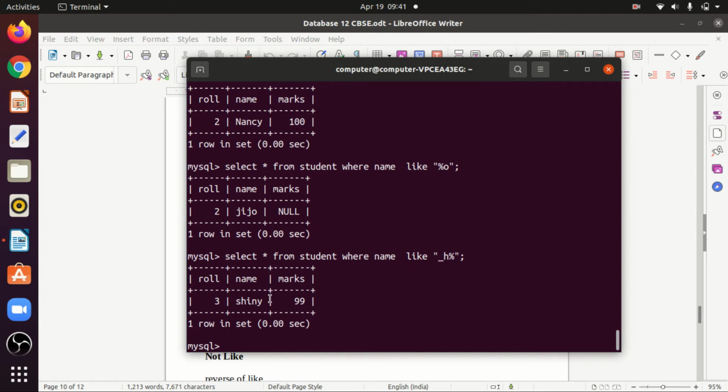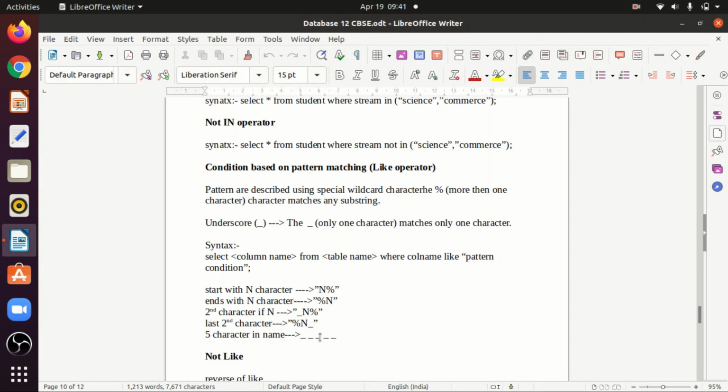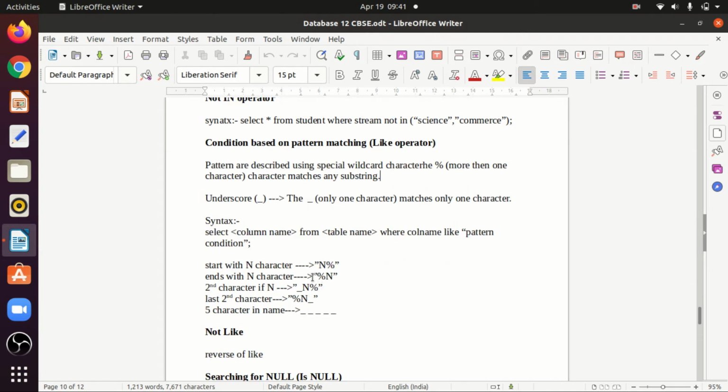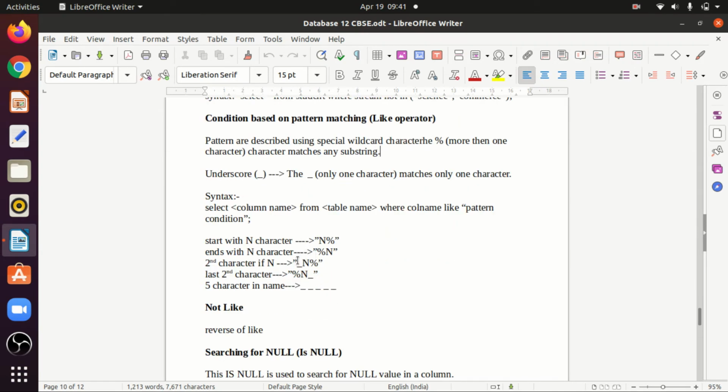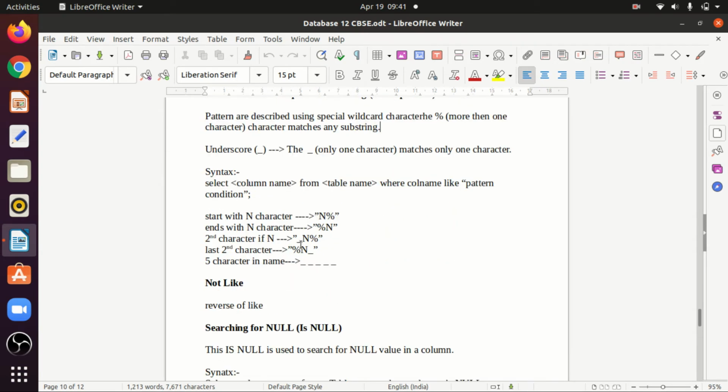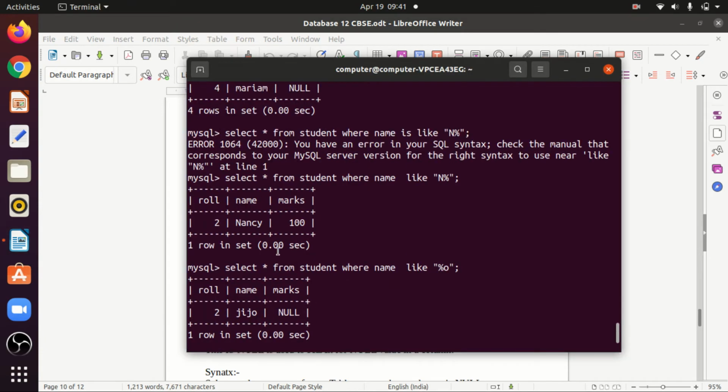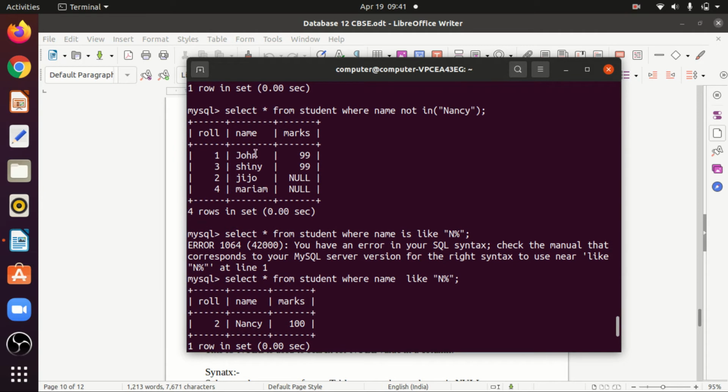So that is why you get a shiny. So here, what does underscore represent? Underscore represents a character. If you want a second character, the first underscore will represent the first character, and the second underscore will represent the second character. And if you want all those names having, how many, 1 2 3 4,